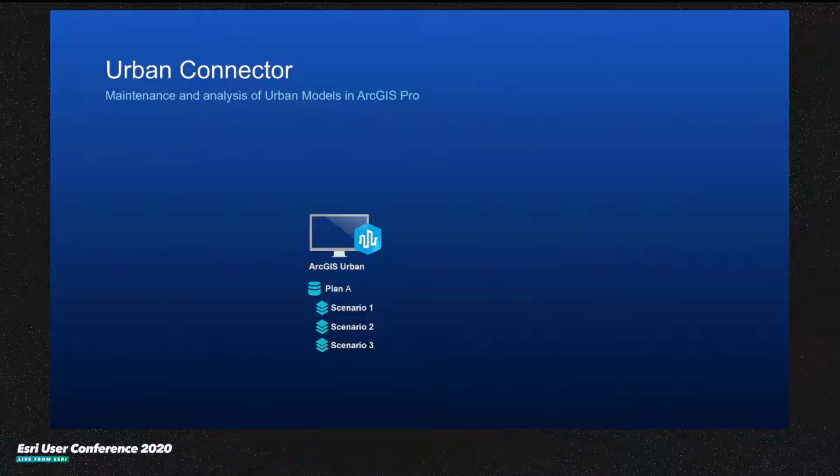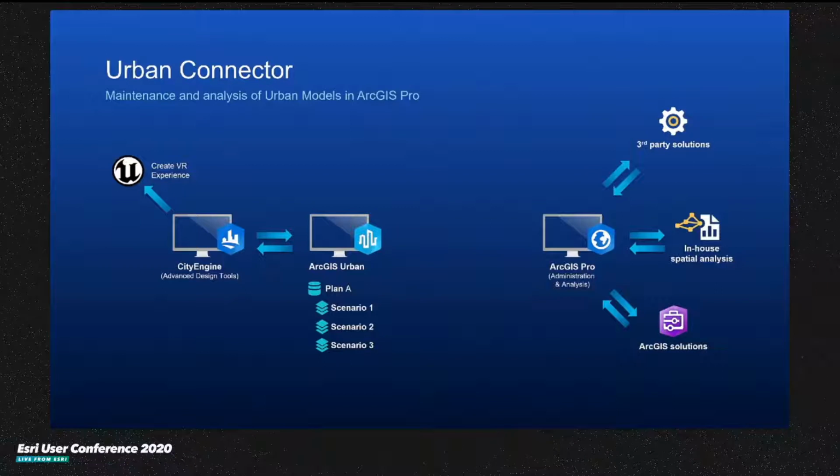ArcGIS Urban stores multiple scenarios per plans, and we've demonstrated how CityEngine can be used as an advanced editing tool, as a tool to provide additional realism through rules, and as a publishing tool to game engines. But ArcGIS Pro is our in-house spatial analysis tool with a huge number of capabilities to do additional analysis. Also, a set of capabilities exposed through ArcGIS solutions, especially local government solutions, that do analysis that is directly relevant to urban. And then a lot of third-party solutions from consultants in architecture, engineering, and construction that are related to